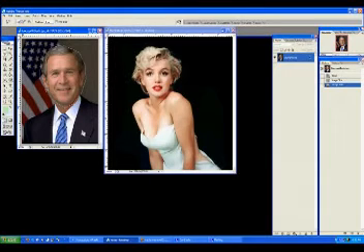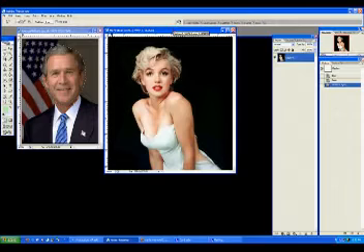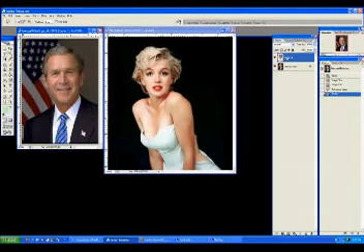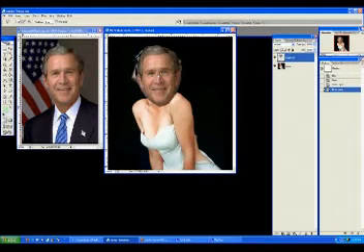Go around his face. Then I'm going to press Control C to copy it, and Control V will paste it in as a new layer. Now I will slide that layer over onto Marilyn's picture. There. Now I will resize it,